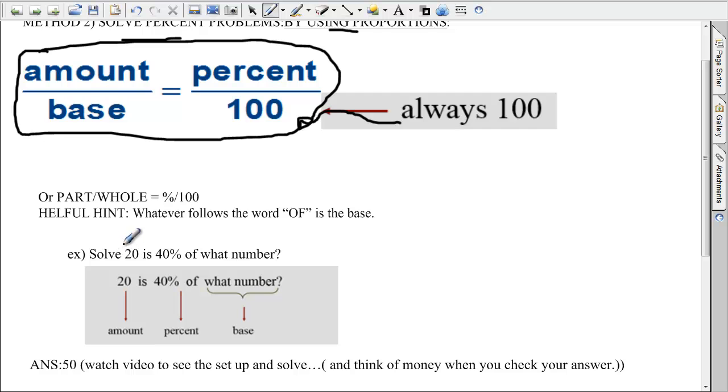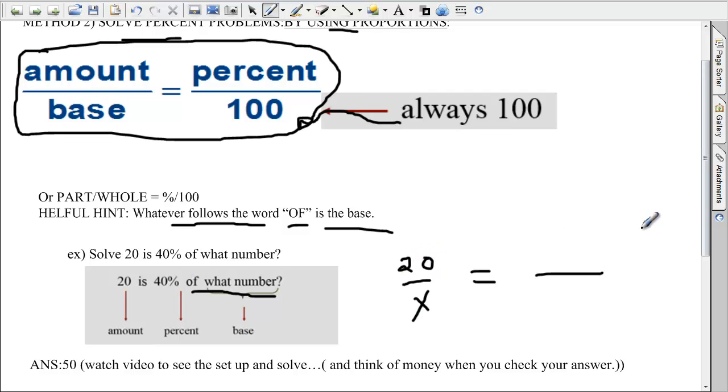So if we had to solve 20 is 40% of what number? Just a different option here if you like that. Amount over base. And I like this little helpful hint here. Whatever follows the word of is your base. So here, 20 is 40% of what number? It's kind of like fill in the blanks. 20, and then the base you don't know. 40%, you know the percent,